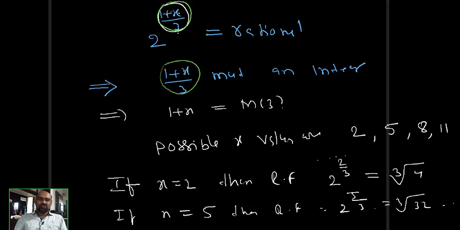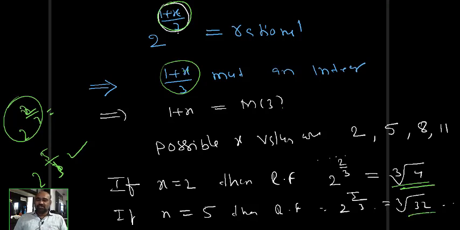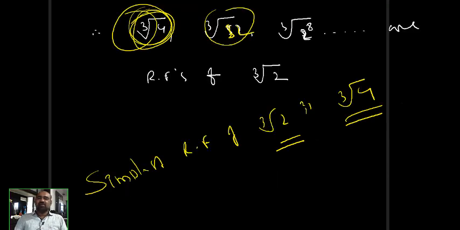x is equal to 2, x equal to 5, and so on. For x equal to 2, it becomes a rational number only. What is the meaning of that? 2 power x by 3 is taken as an RF. Instead of x you write 2, what will you get? 2 power 2 by 3 is RF. 2 power 5 by 3 is RF. Like that you get infinitely many RFs that I wrote here. x is equal to 2, this is the RF. x equal to 5, this is the RF. So like that you get infinitely many. So these are RFs. Among these, this is the smallest one. This is called the simplest RF.